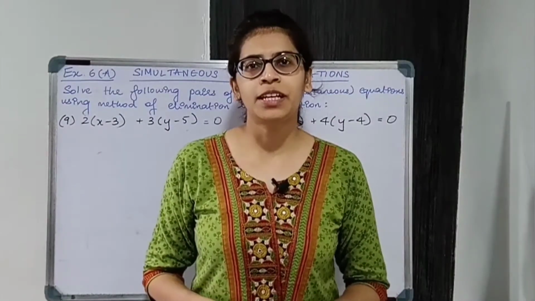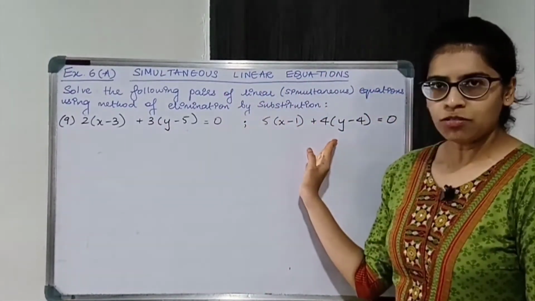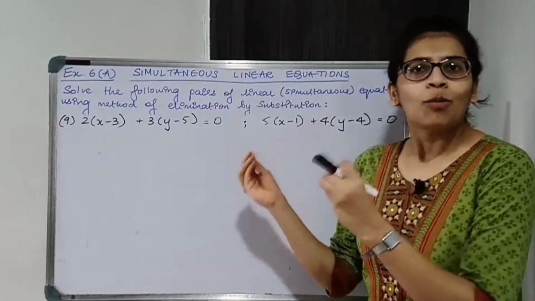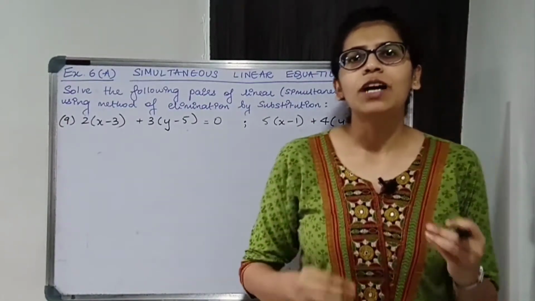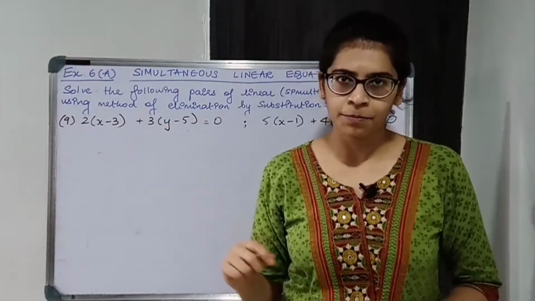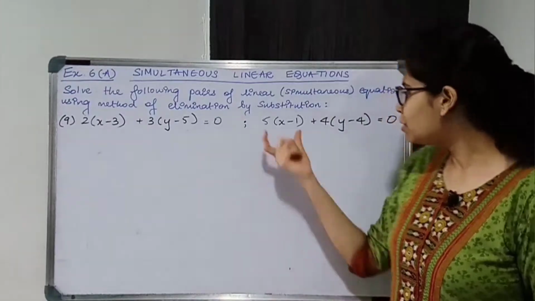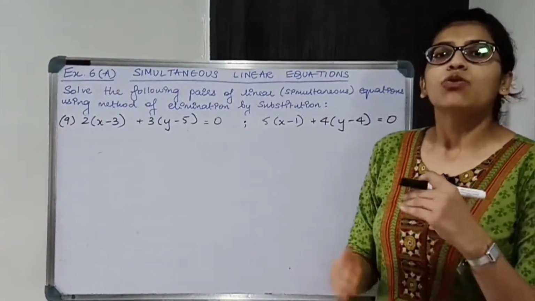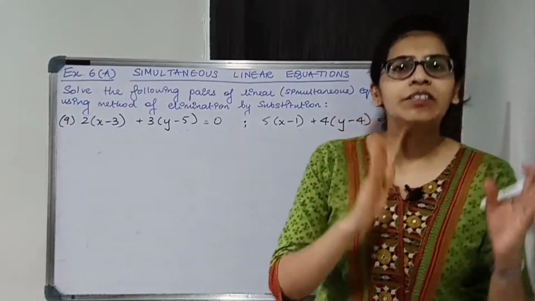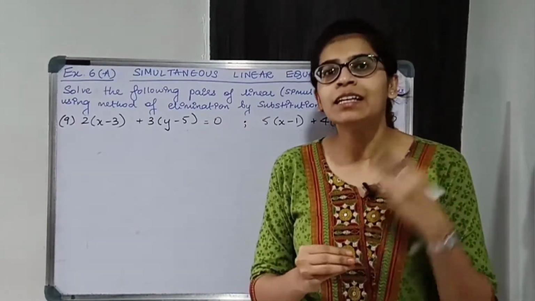Coming to question number 9. Now over here, if you look at the equations, are they in normal form? Normally it is given to us as something x plus something y is equal to some constant. Okay, some number. So it is not in this form. Even this is not in this form. So what we'll do, we'll first convert it to that form and then number the equations and then solve.